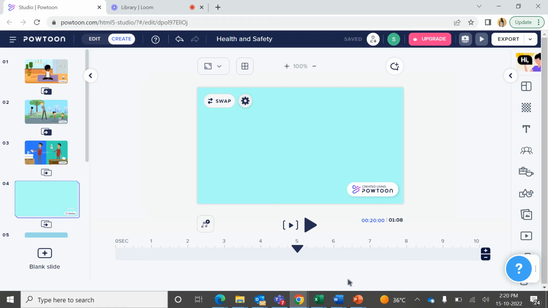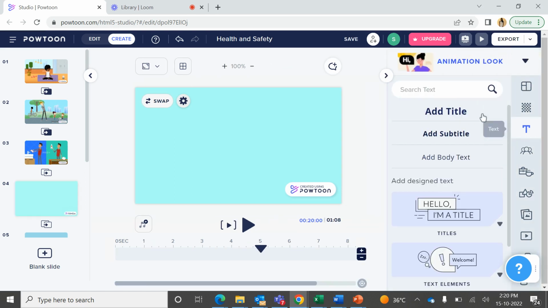Hello students, today we will learn how to add a text component in PowToon. Here, when you click on the T, that is the text component in PowToon, it will give you the option